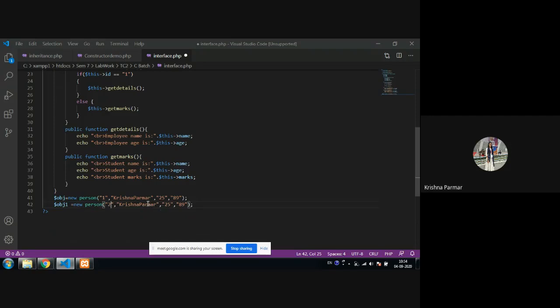Name is, age is, again you have to write anything regarding that age, and marks. Okay, so if we want to go for the output part, as you can see here, the employee as well as the student details, we can fetch using this entire thing.